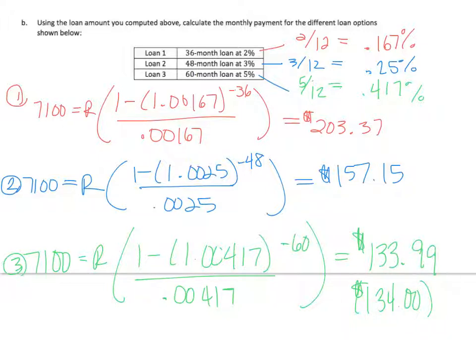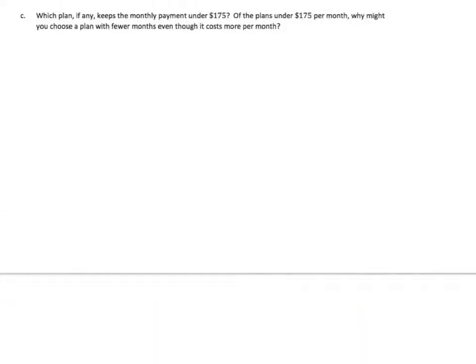Cool? All right, so that's the using the loan amount you computed above, $7,100. Calculate the monthly payment for the different loan options shown below. Like, which one would you want? Would you like to pay a lot of money for a smaller amount of time, less money for a larger amount of time, or even less money for 5 whole years? So which plan, if any, keeps the monthly payments under $175? Of the plans under $175 per month, why might you choose a plan with fewer months even though it costs more per month? Well, loan 2 and 3